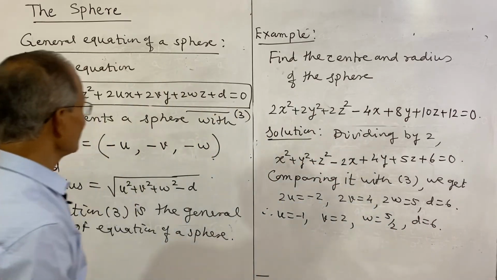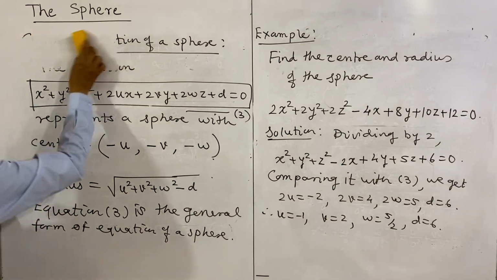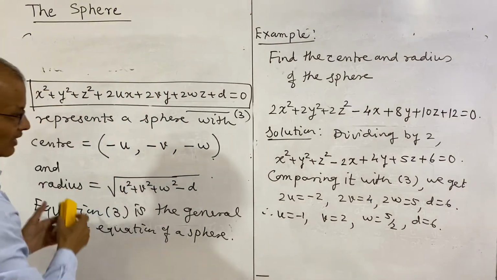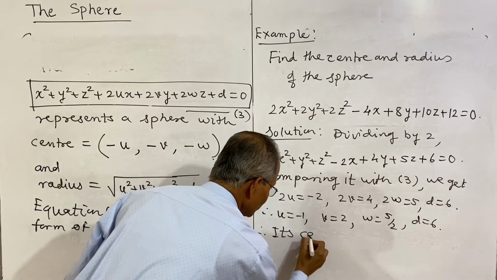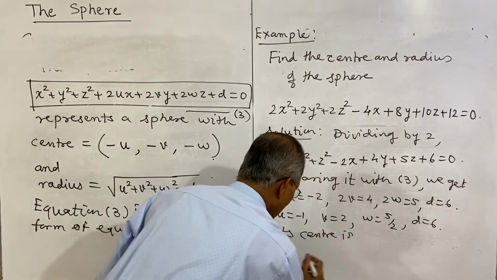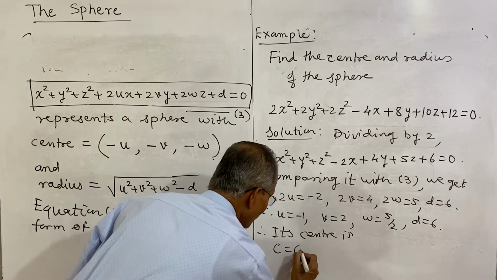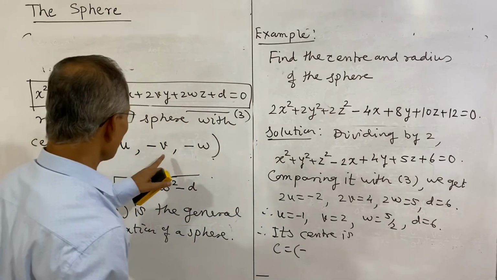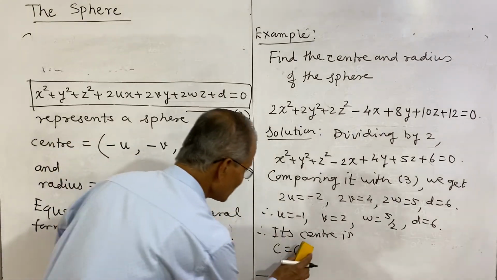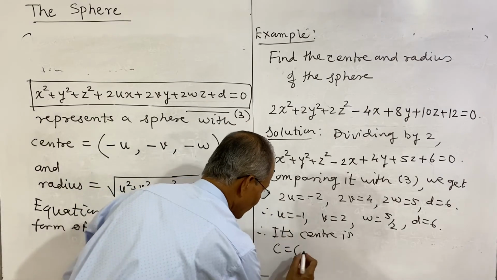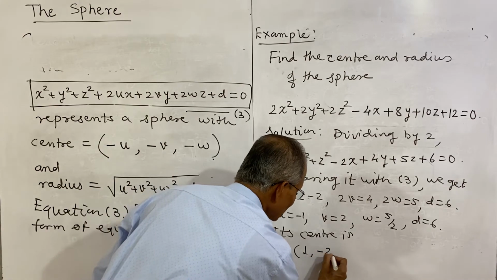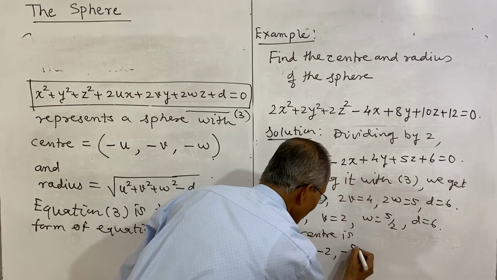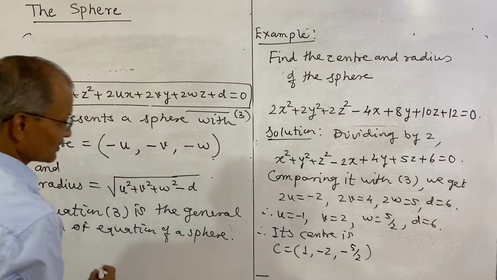So therefore, what will be the center of this? Its center is C equal to minus u, minus v, minus w. Minus u means 1, take the negative of this. Minus v is minus 2 and minus w is minus 5 by 2. And the radius is